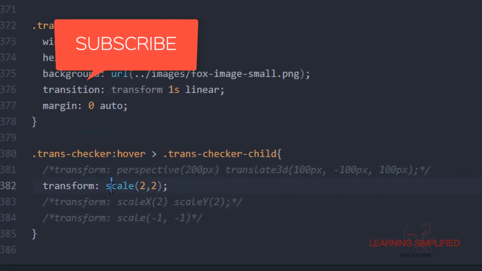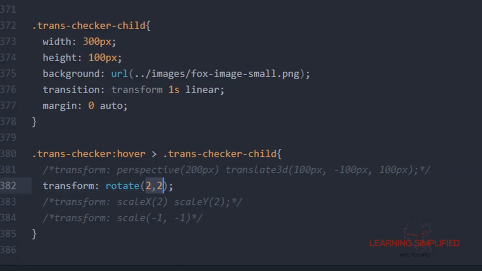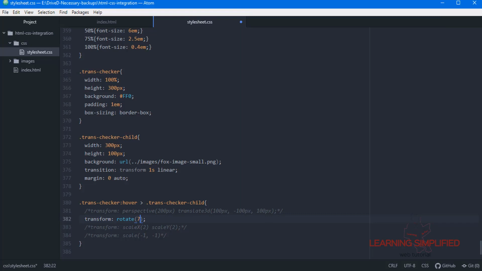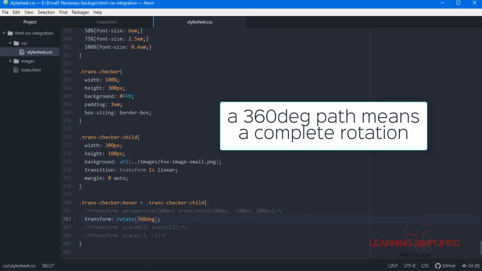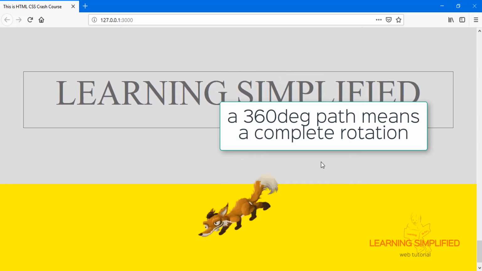Now in this particular case, first of all, we are going to change this thing into rotate. You may use that scaling property over here, but I would be using this rotate transform function as the effect will be clearly visible, and in this respect we will be discussing a trick. First of all, change this into 75 degree, or say 360 degree. You know that a circle can go round in a 360 degree path, and that is why we had mentioned it over here. Getting back to our project, we can see that this will be the result.